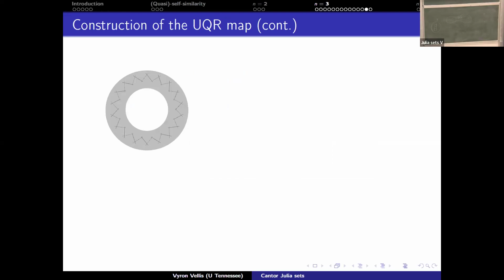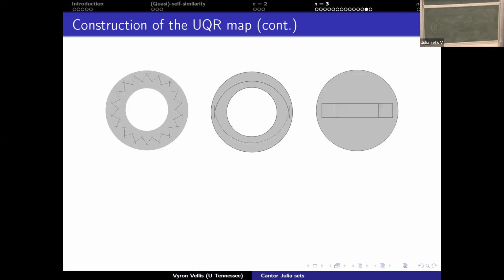And then the next step is another involution of very high degree that maps all the solid ladders into one solid ladder and all the dotted ladders into one dotted ladder. And it gives you that. So this is a genus 3 solid torus that has one ladder linked with another ladder in 3 places. And then the final thing is an involution with respect to this axis that folds this thing and maps the dotted ladder into the top ladder. And it gives you that, modulo some bi-Lipschitz maps, which are easy to construct.